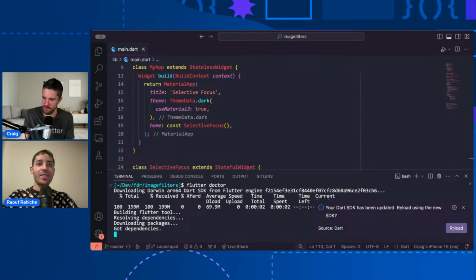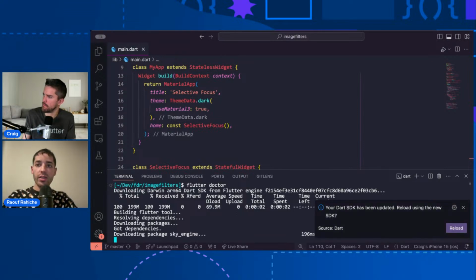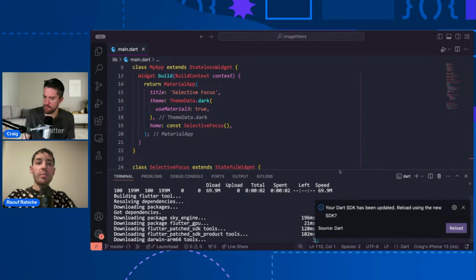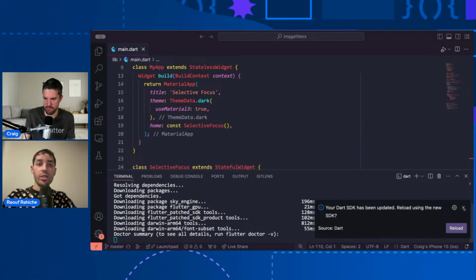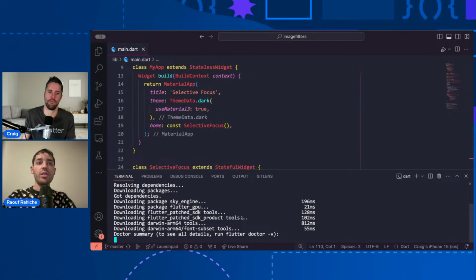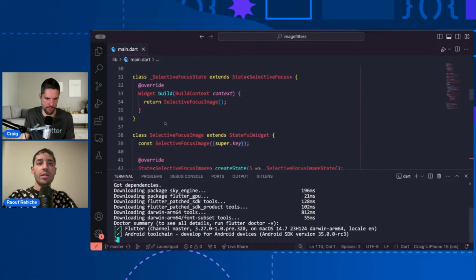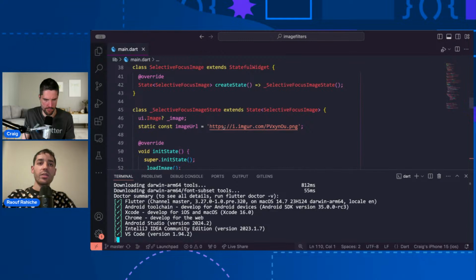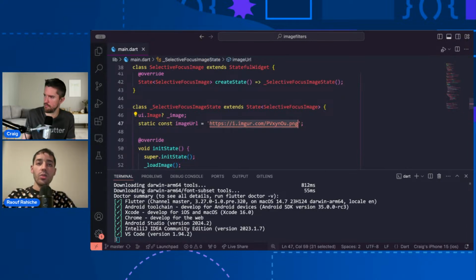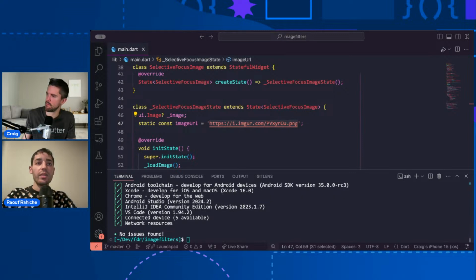We're calling it selective focus, and we would like to draw the image first, but because we want to apply some operations on it, the image needs to be a raster image. So not an image in the way we think of an image widget. A raster image is basically when the image has been decoded by the decoder and has been transformed into something that Flutter can render synchronously. So when we say raster image, it means UI dot image, the image that is in the UI or in